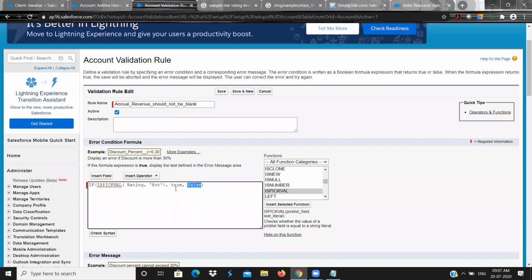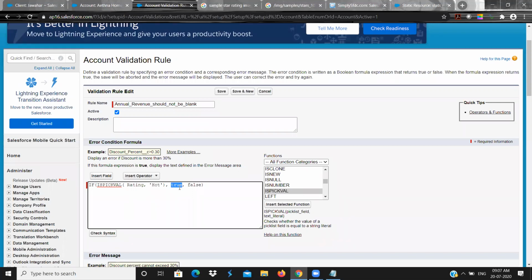Based on that the error message is thrown. That is the formula field, where it will take input from the condition. So we will give if true then go for this, if true then go for this, but this is the validation rule. It doesn't take any input. If all the conditions that we are giving are satisfied, it will throw an error message.